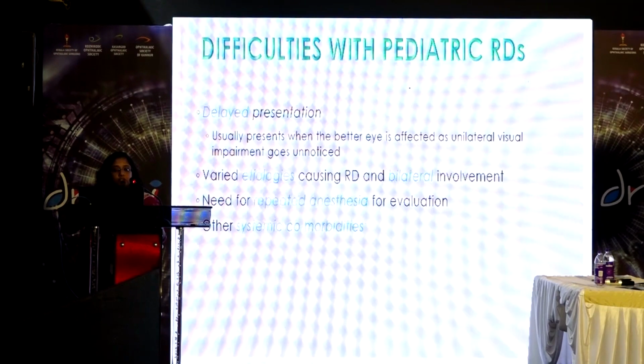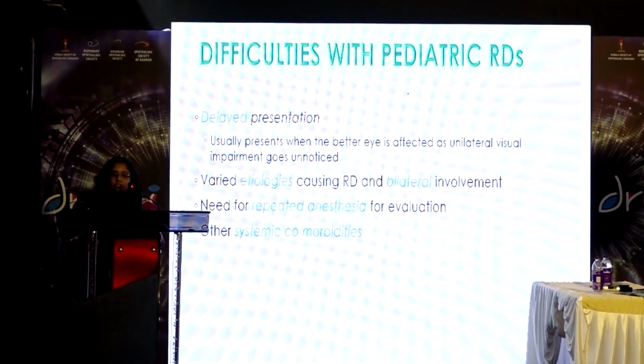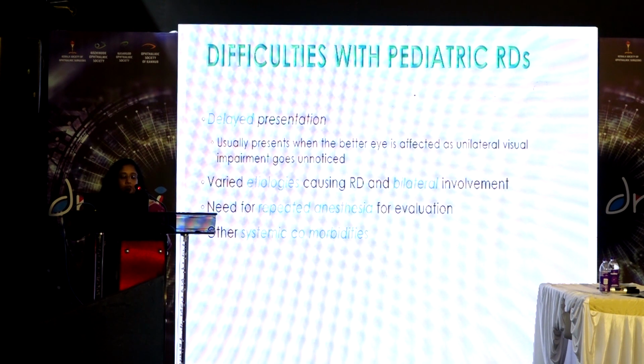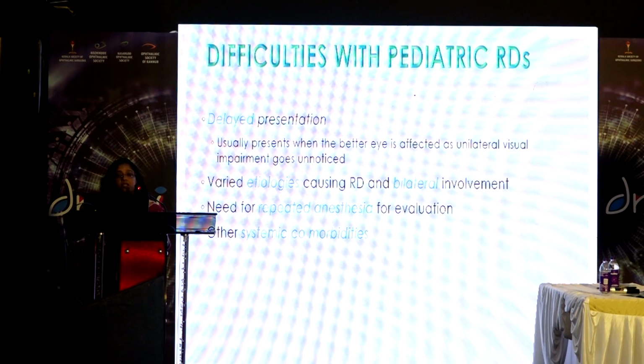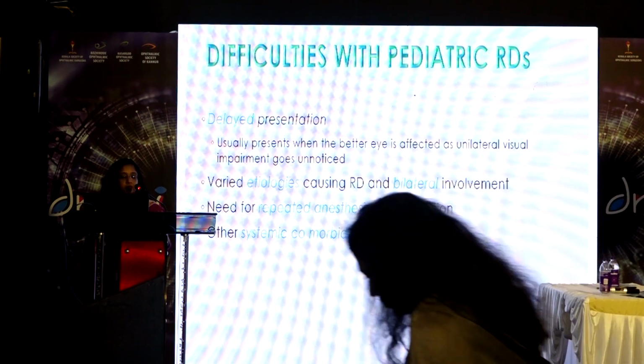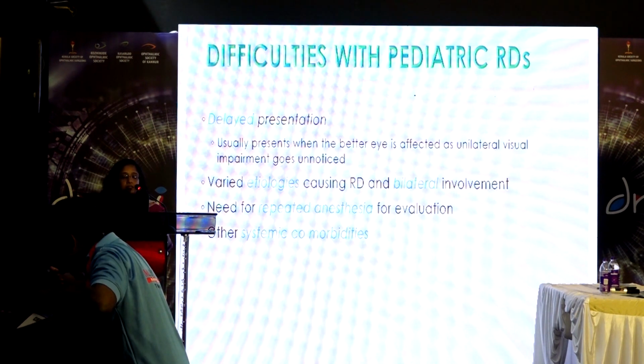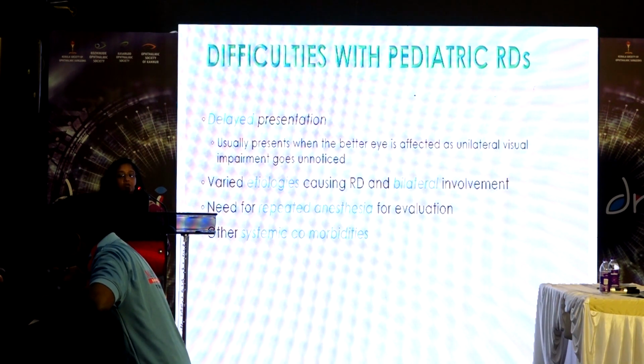Why is it difficult to treat these babies? Because of the delayed presentation, because most of them would be brought to the pediatric ophthalmologist when the second or the better eye is involved, as the primary unilateral involvement may go unnoticed. And most of these etiologies usually would be bilateral, and the other difficulty is the coexistent systemic morbidities,